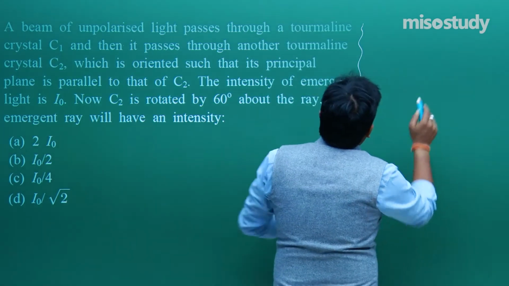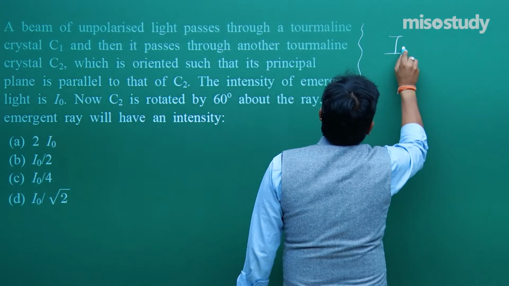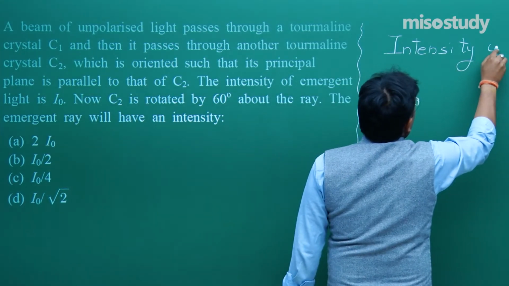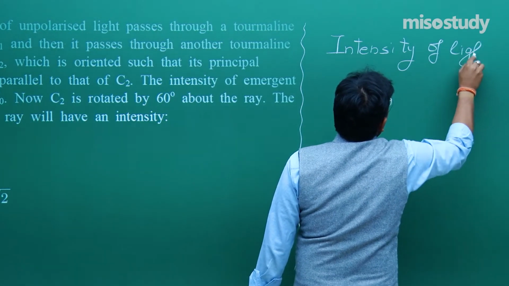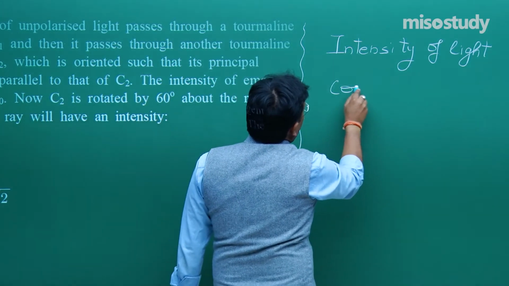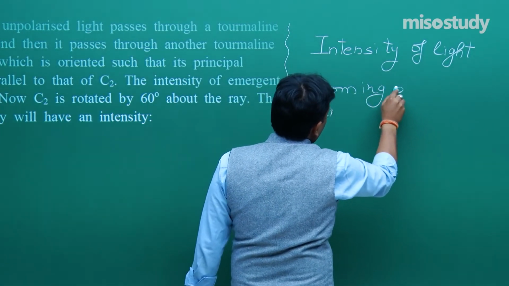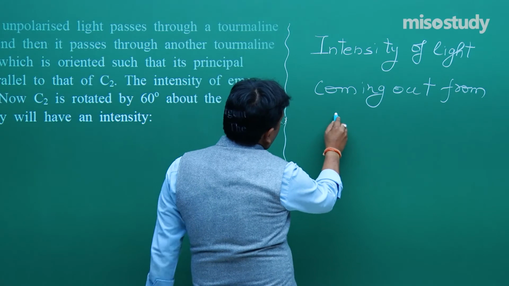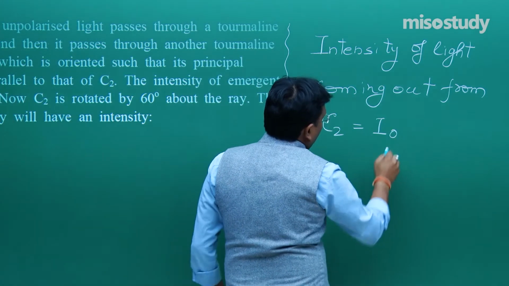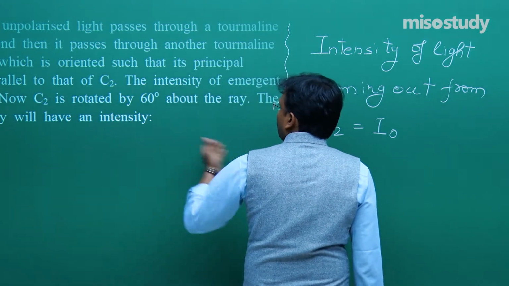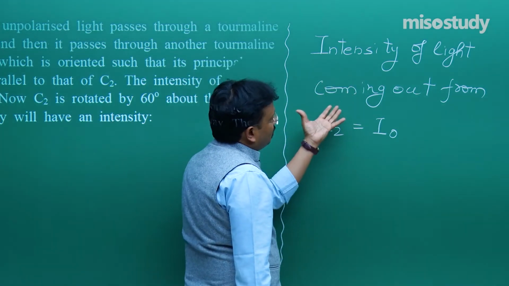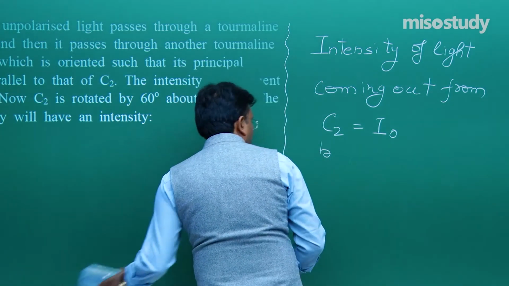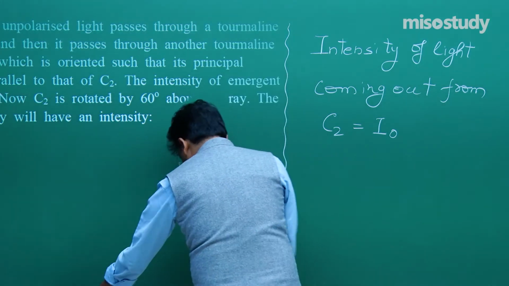So, intensity of light coming out from C2 is equal to, let us say, I naught, fine. It is given in the question also, and we are trying to mention it in this fashion. So, intensity of light coming out from C2 is I naught by, I think I should use a different color chalk for this next statement, that is